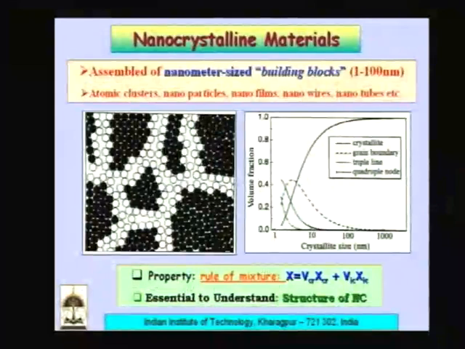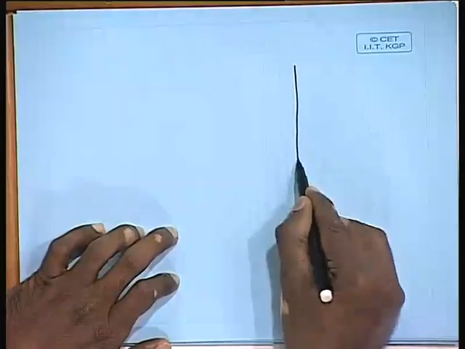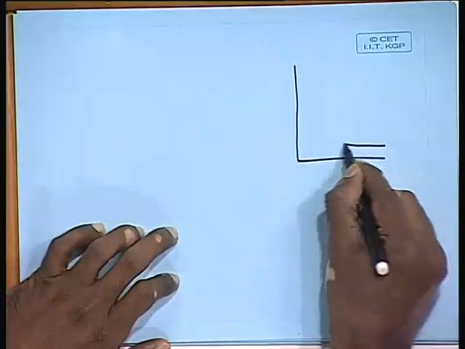If I am talking of polycrystalline materials, you obviously have grains and grain boundaries. In most of the polycrystalline materials which we commonly come across, the grain boundary is very thin, and the volume fraction of the grain boundary in terms of the total volume of the material is very small, of the order of around 1% or so. Usually, the volume fraction of the grain boundary almost rises